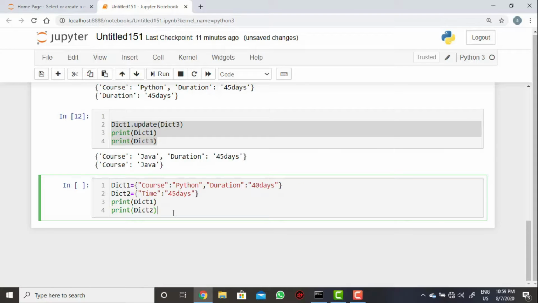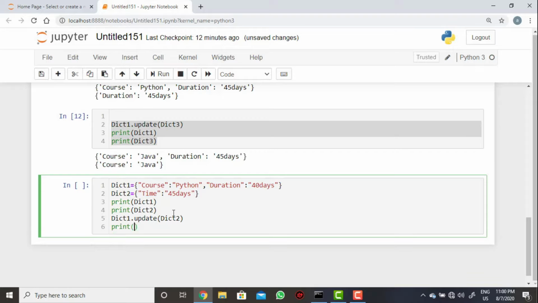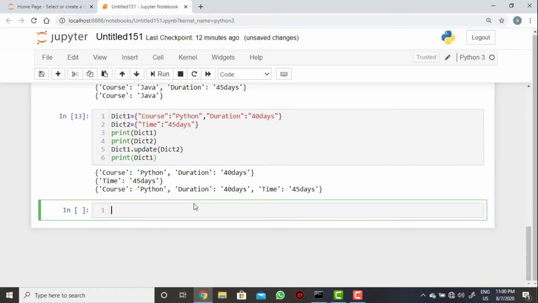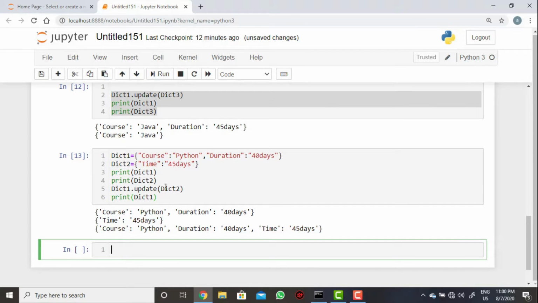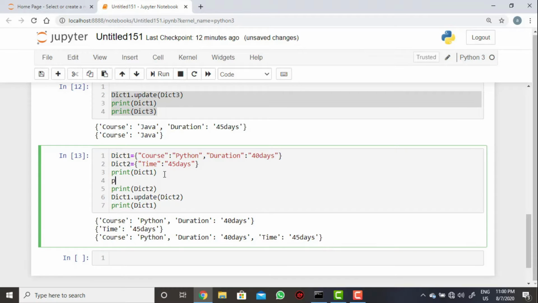Now I am trying to do dict1.update of dict2. Whenever I execute and print dict1, see here it is adding a new element.